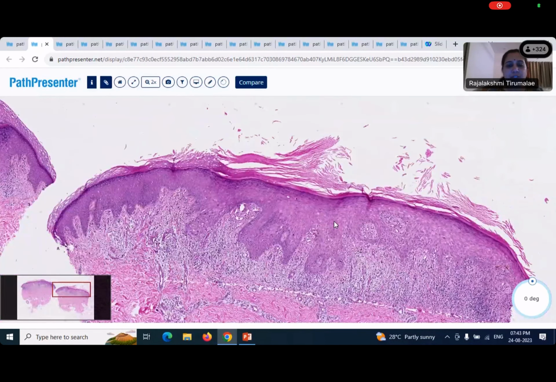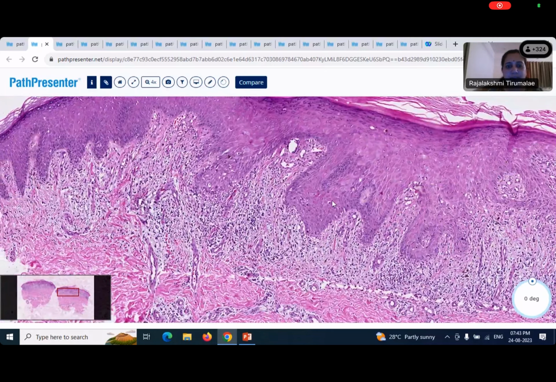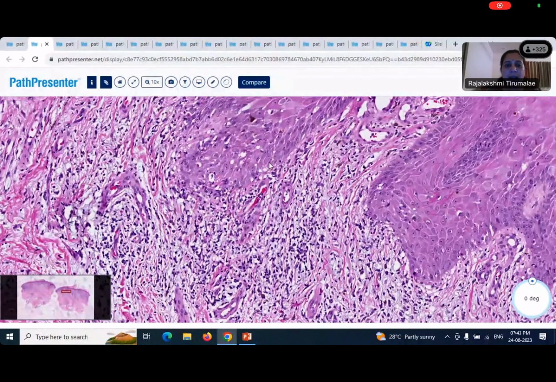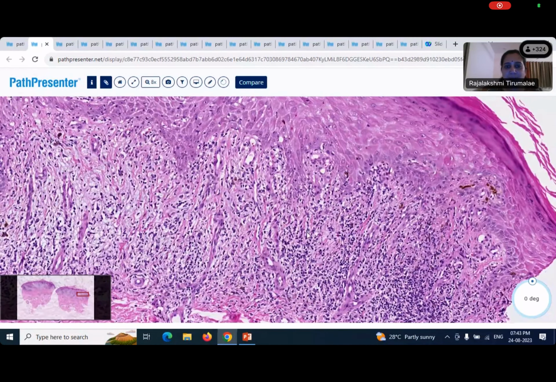So otherwise, I think you've described all the findings pretty accurately. So you have a lichenoid infiltrate, and you have this obscuring the dermoepidermal junction at places. And here there's one feature that I'd like to point out. You don't really see the basal keratinocytes. It looks like the epidermis is directly sitting on the dermis, right? Some people refer to this as squamatization of the basal layer. So that's one of the features of interface dermatitis. Other than that, you have basal vacuolar alteration, you have necrotic keratinocytes, you have this band-like infiltrate, and what is helpful for you